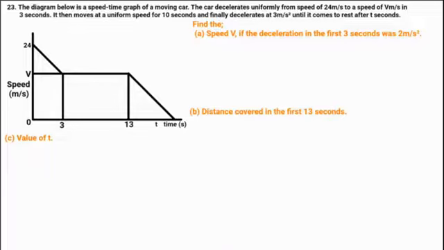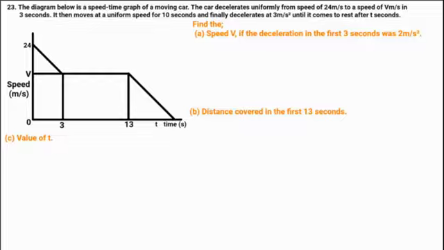Question 23 was as follows. The diagram below is a speed time graph of a moving car. The car decelerates uniformly from a speed of 24 meters per second to a speed of v meters per second in 3 seconds. It then moves at a uniform speed for 10 seconds and finally decelerates at 3 meters per second squared until it comes to rest after